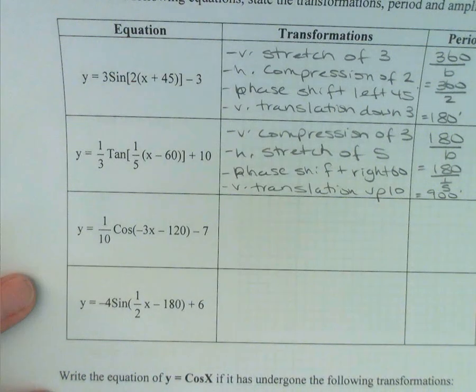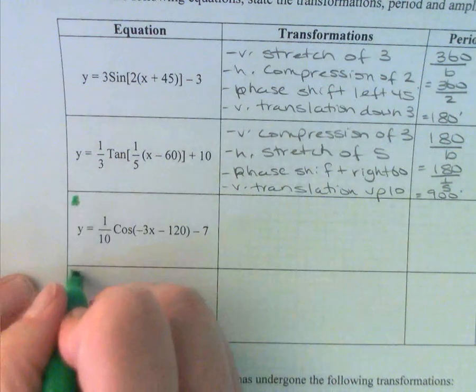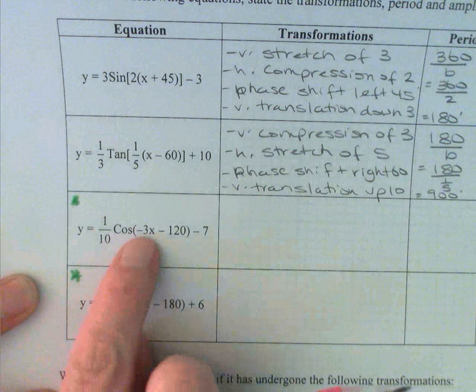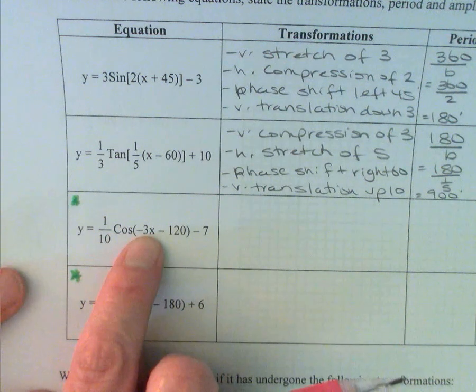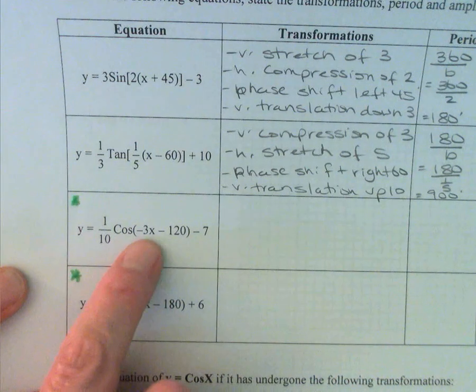Hey, I'm going to put a little star next to this one, and actually next to this one, just to remind ourselves that you cannot have a number sitting right next to the x. There has to be brackets in between them. So for this function, and actually for the next function, I need to factor this out before I can actually